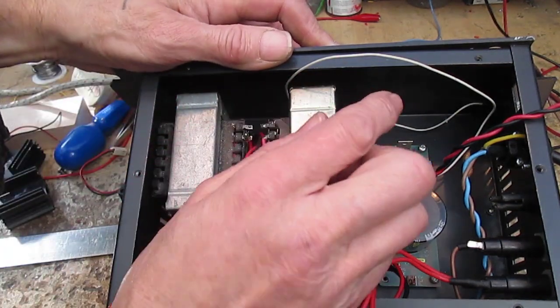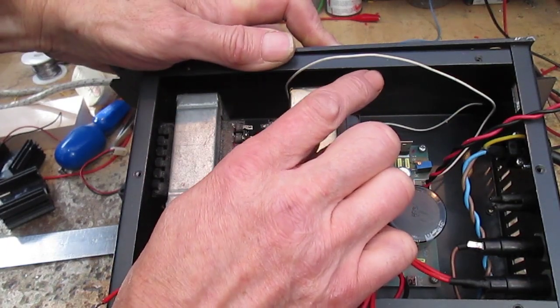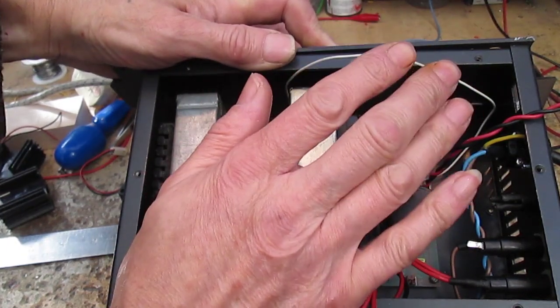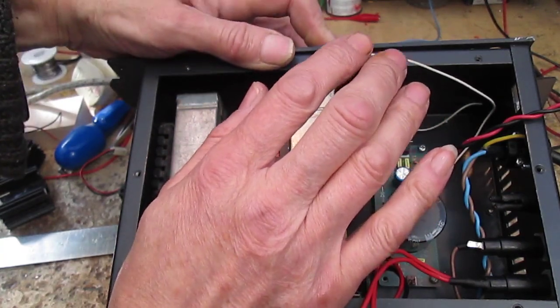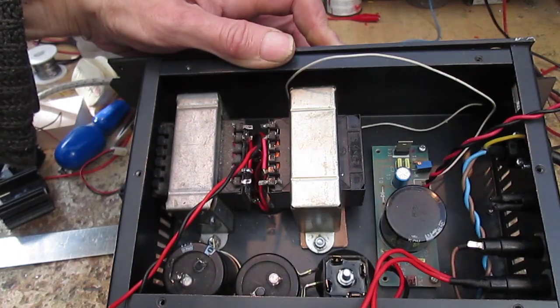I've not done the actual calculations on the transistors and everything. They'll probably be fine and run for years, but I mean, we can do better. It's better to try and dissipate the heat somehow. So we've got